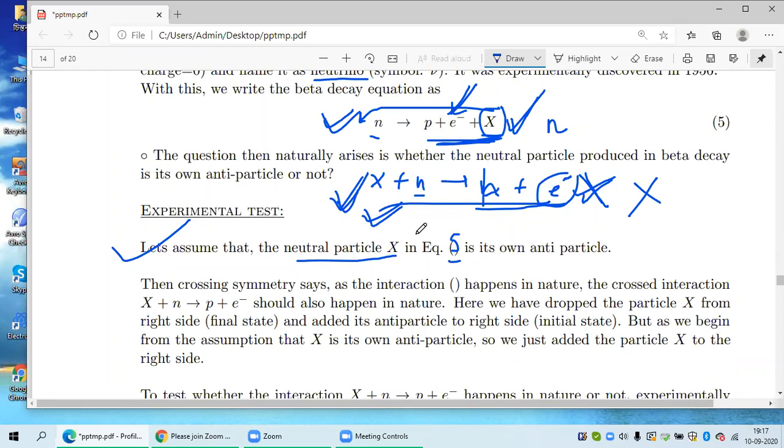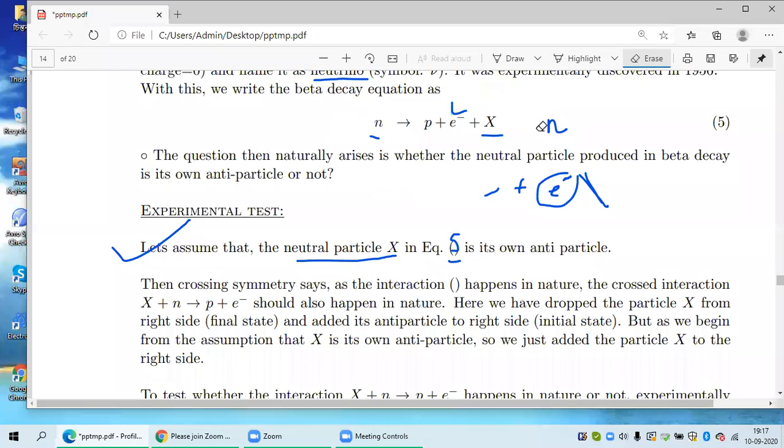This proof only shows that. What is the antiparticle of X? This proof is not a search for that. Based on the experimental non-observation of this interaction, the logic I just described only claims that this particle X is different from its antiparticle. Is it clear?